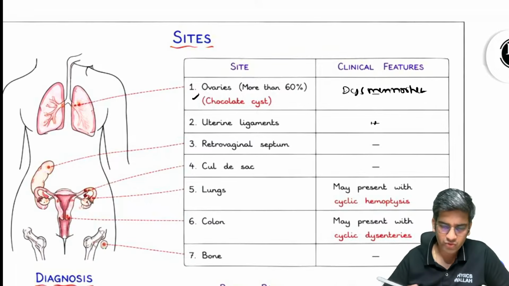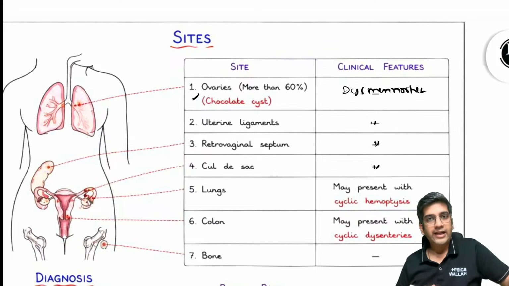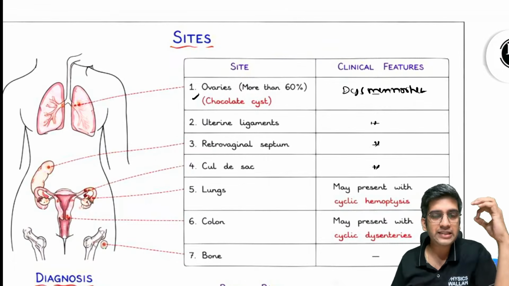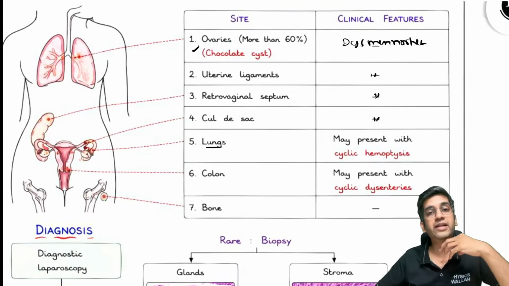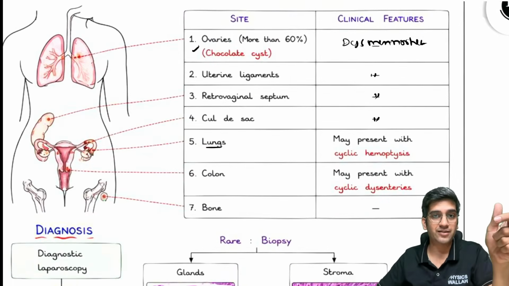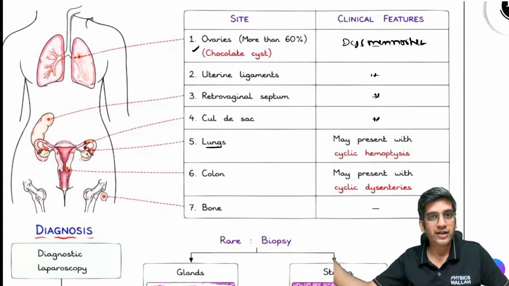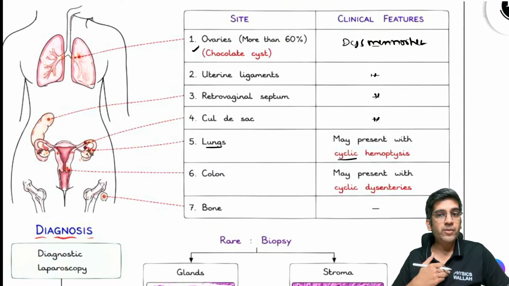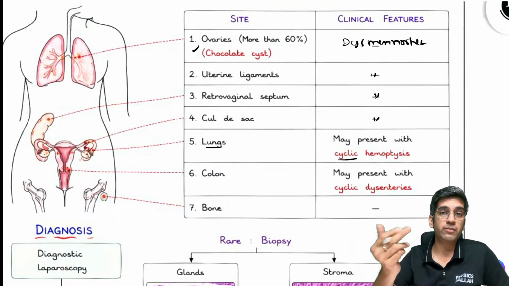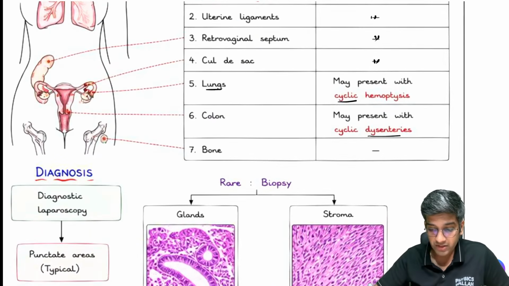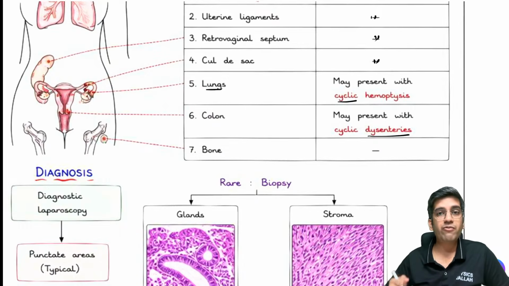Uterine ligaments, almost the same. Rectovaginal septum, almost the same. Cul-de-sac, almost the same. It'll all be in the pelvic area, right? You'll have an intense crampy dysmenorrhea. That's how it presents. If it's in the lungs, they might spit out blood, cyclically. Whenever there's an endometrial cycle, the lung endometriosis also will shed because it is also hormonally responsive. They will shed blood and that will come out in the sputum, hemoptysis. Colon: dysentery or hematochezia. You'll have fresh blood depending on the location in the colon,